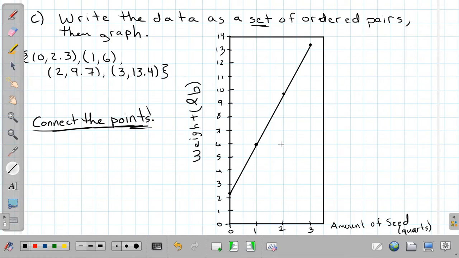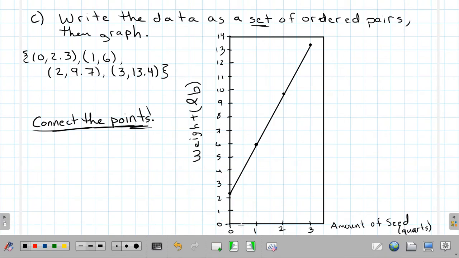Okay. So the reason why we connect the points is, well, we can have the amounts between 0 and 1. We can have the amounts between 1 and 2 and 2 and 3. Same thing, we can have the amounts between 2.3 and 6. We can have the amounts between 6 and 9.7, and then 9.7 and 13.4. So if you look at this, if we had this point right here, that would tell us, okay, we had 1.5 quarts. That's like 7.7, okay, or 7.8, or 7.9 even, somewhere around there. It's close to 8, but not quite 8, okay? But once again, the reason we connect the points is there are points in between each one of those points,